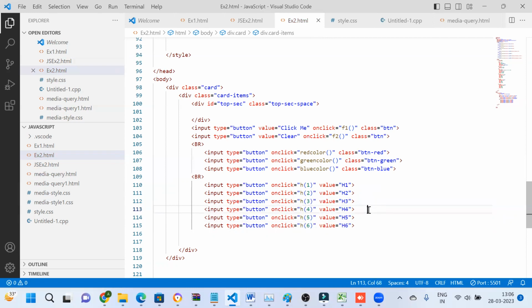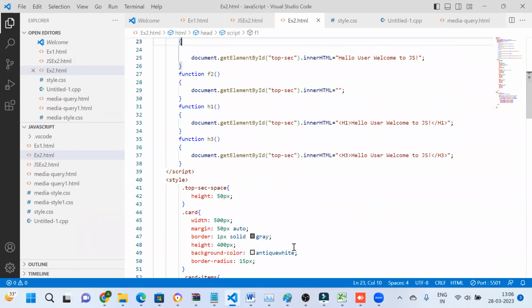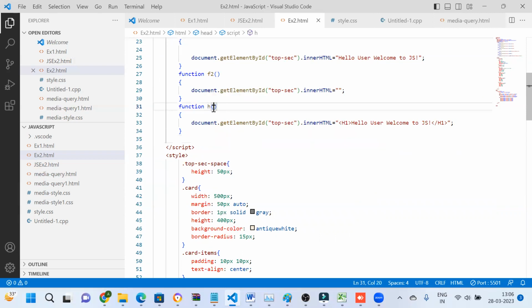देखिए हम लोगों ने अभी बनाया था दो फंक्शन H1 और H3, बट सब में एक ही तरह का काम करना है। हम लोग क्या कर रहे हैं, यहाँ से 1 2 3 4 5 6 पास कर रहे हैं, और यहाँ पर instead of creating 6 functions now we will have only one function H नाम से, और यहाँ पर X जो एक वेरिएबल है, इस वेरिएबल में 1 2 3 जो बटन क्लिक करेंगे वो यहाँ पर आ जाएगा। तो हम लोग क्या चाहते हैं कि ये X का वैल्यू यहाँ पर आ जाए, H1 यहाँ पर जो है ये X का वैल्यू आ जाए, ताकि वहां पर जो भी चीज हम लोगों ने किया हुआ है वो टैग अकॉर्डिंगली कुछ कर जाए। Let us try कि हम लोग इसको कितना बढ़िया कर सकते हैं।